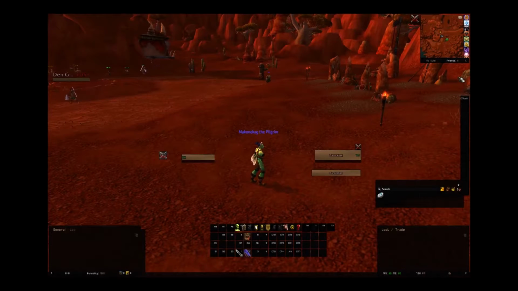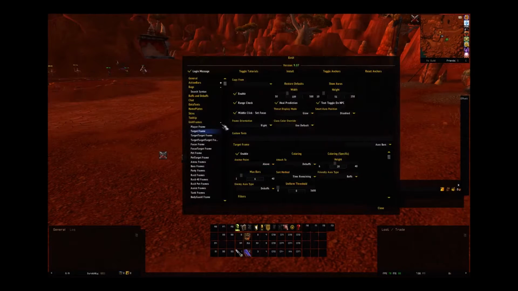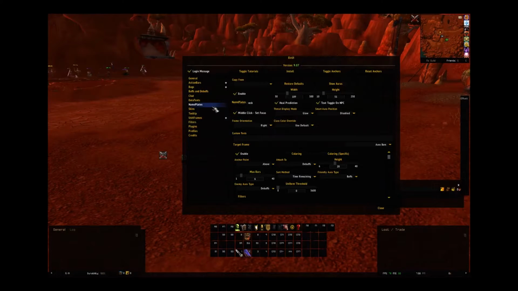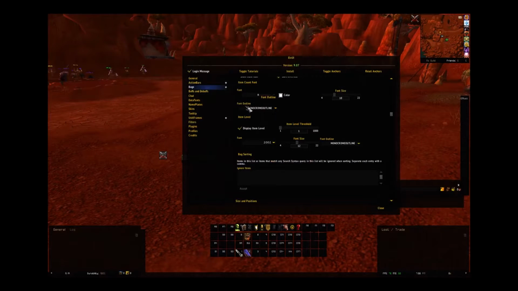Okay, next up, we'll do a quick little explanation of what all these others are. Most of them are pretty self-explanatory, and everywhere you go, on most deals, if you're not sure what it is, like this item level threshold, it will give you a small explanation of what it is. Like item level threshold, the minimum item level required for it to be